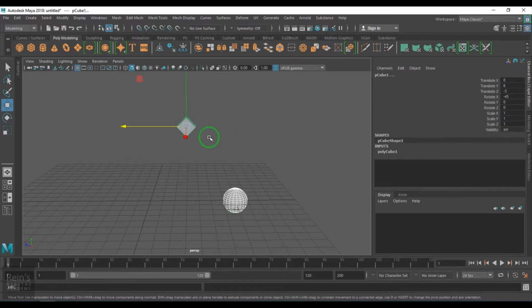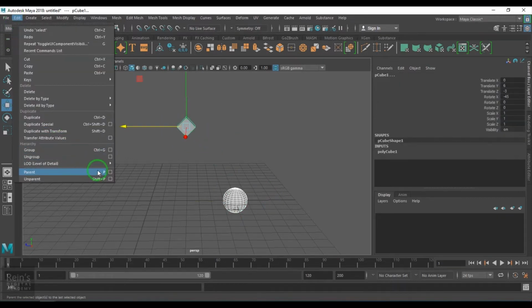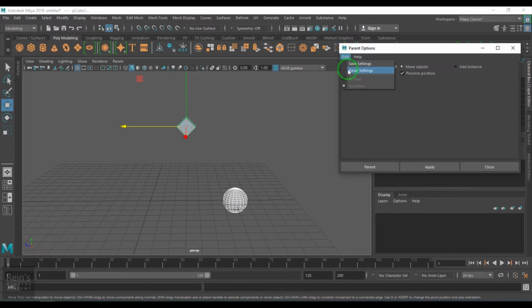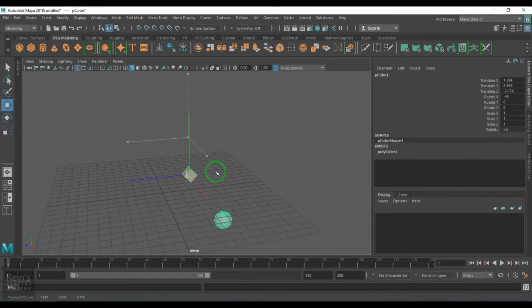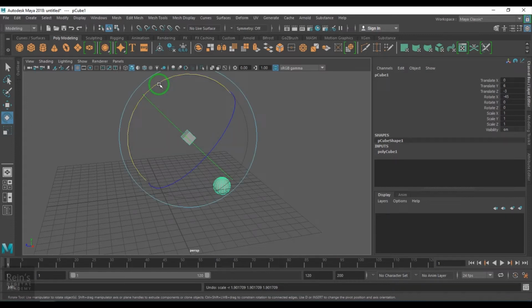So let me select these two objects, and then without doing anything in the options, just the default settings, I'll just make a parent and child relationship. While you're doing parent and child relationship, first you need to select the child, then you need to select the parent. So I'm doing that. Now once you have done that, if you select the parent object and move it, the child will follow. You scale, the child will scale. You rotate, the child will rotate.